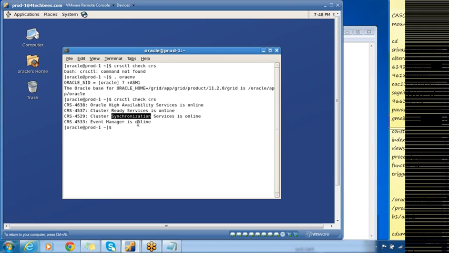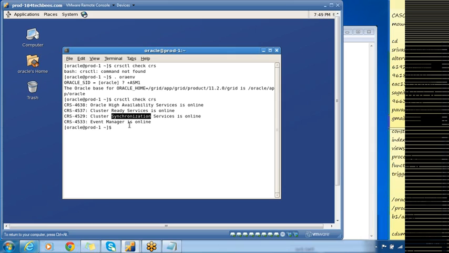High availability service is the first process which will be started as part of the cluster, which in turn will start cluster ready service, cluster synchronization service, and event manager. Out of these three processes, cluster synchronization service is the first process which will be started. After that, event manager, and then cluster ready service. Cluster synchronization service synchronizes the cluster.